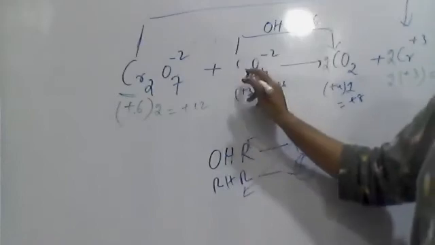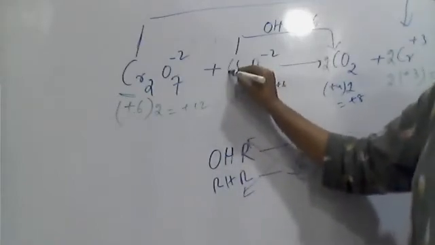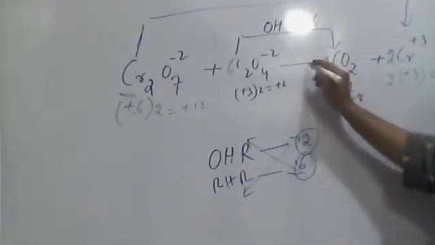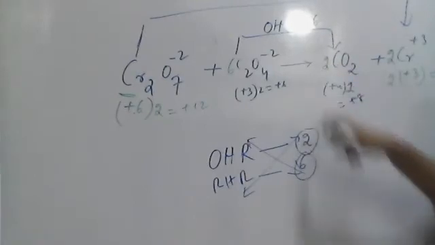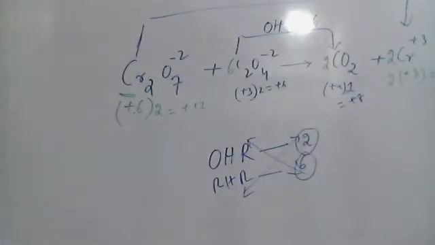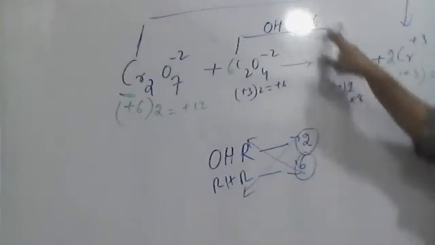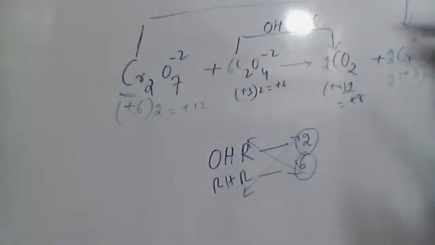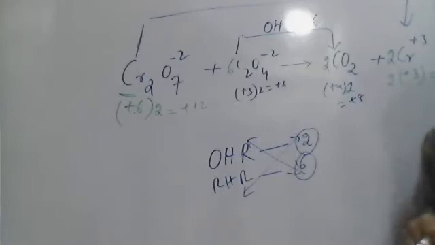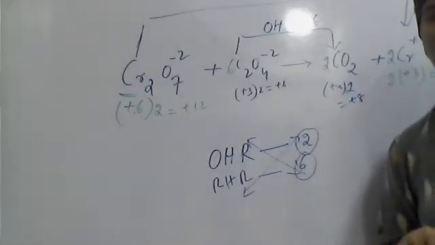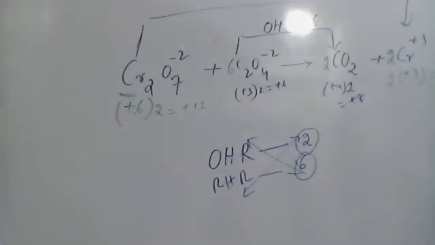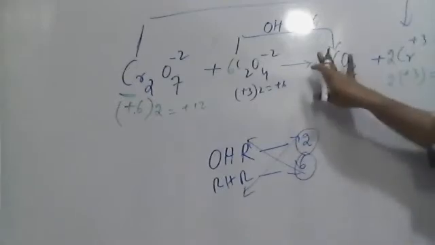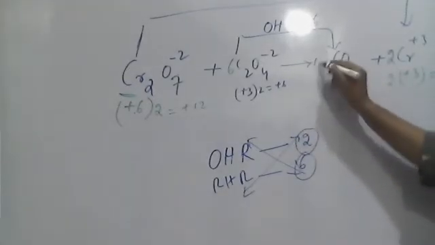So here before this C2O4 -2, put 6. And here already it is 2 there. As you are putting 6 here, 6 2s are? Tell me, 6 2s are? 12. It is 6 2s are 12.